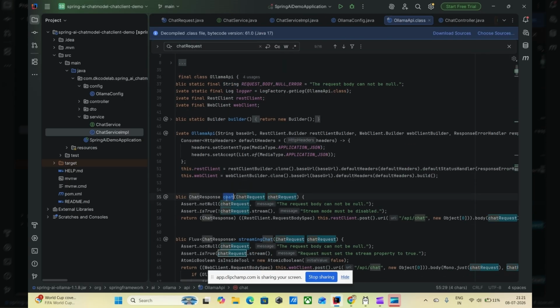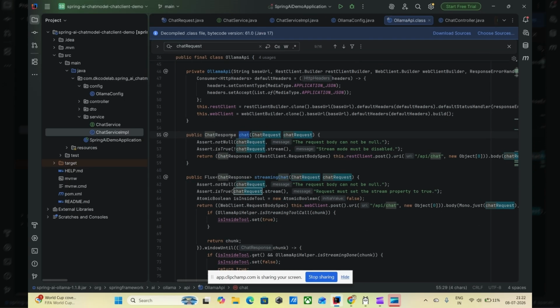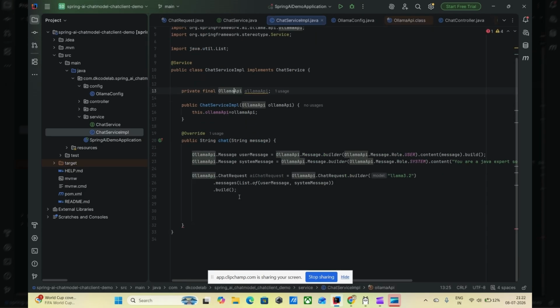If you look into this Ollama API, we have one method called chat. This is used to communicate with the LLM using a REST API call. So we are using the same method. We already created the bean for this one, so we are directly using this ollamaApi.chat. We are passing the chat request. This gives the output in the format of